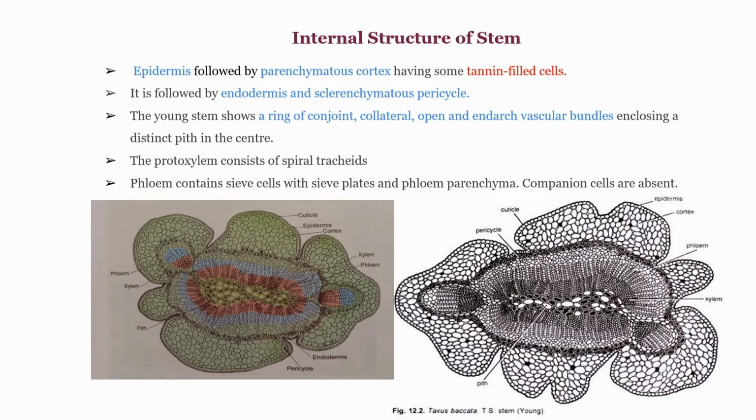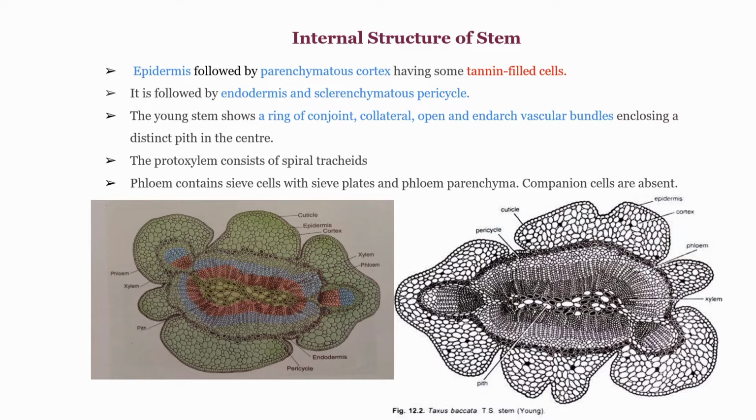Looking into the internal structure of the stem, the outermost layer of the stem of the Taxus is epidermis, followed by the parenchymatous cortex having some tannin-filled cells. It is followed by endodermis and sclerenchymatous pericycle. The young stem shows a ring of conjoint, collateral, open and endarch vascular bundles enclosing a distinct pith in the